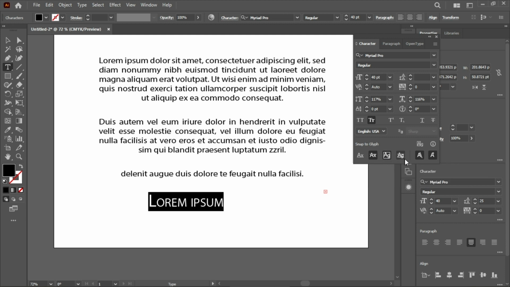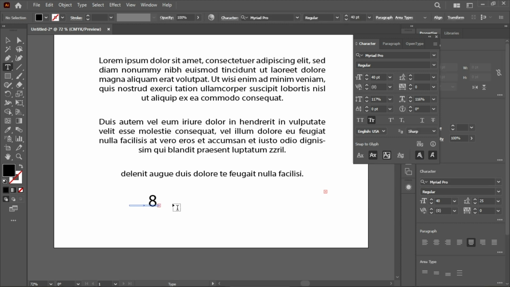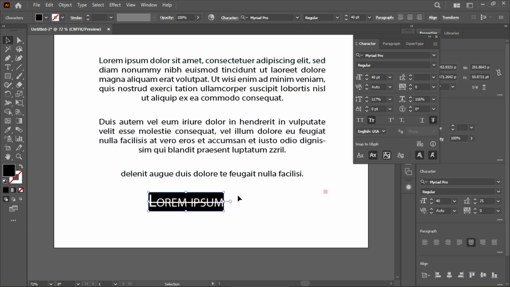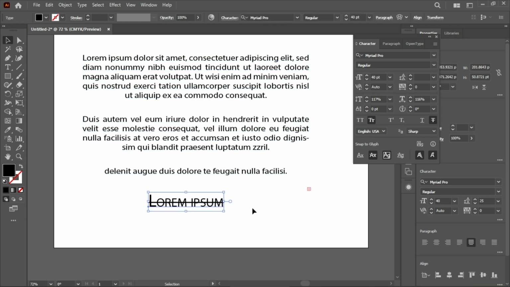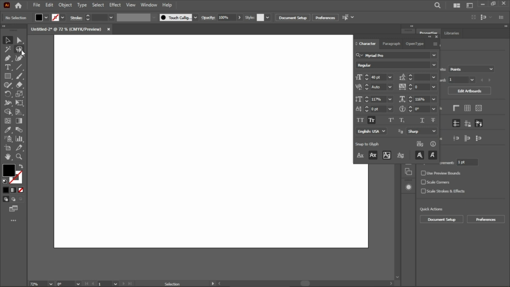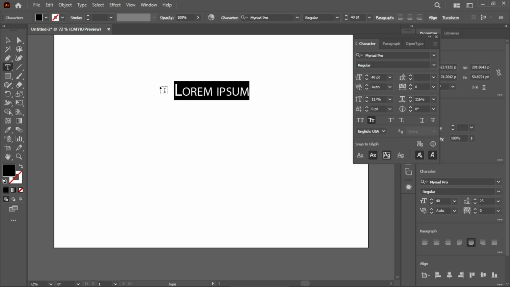Now over here, you can also edit and add anchors so that you can curve your words according to your wish. And you can see that we can stretch them as much as we want or edit them. Now let's say I want to change the color of our text. So I will say that I want it as white. Then you can see that the whole thing's disappeared. Blue,